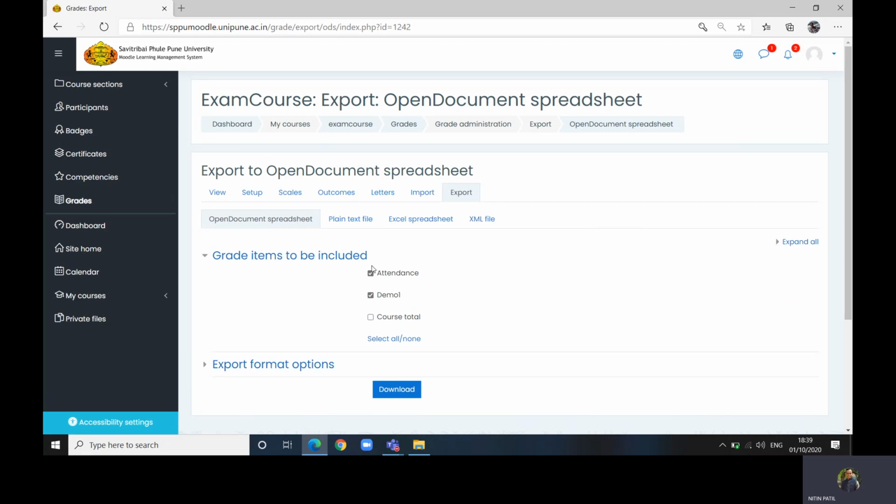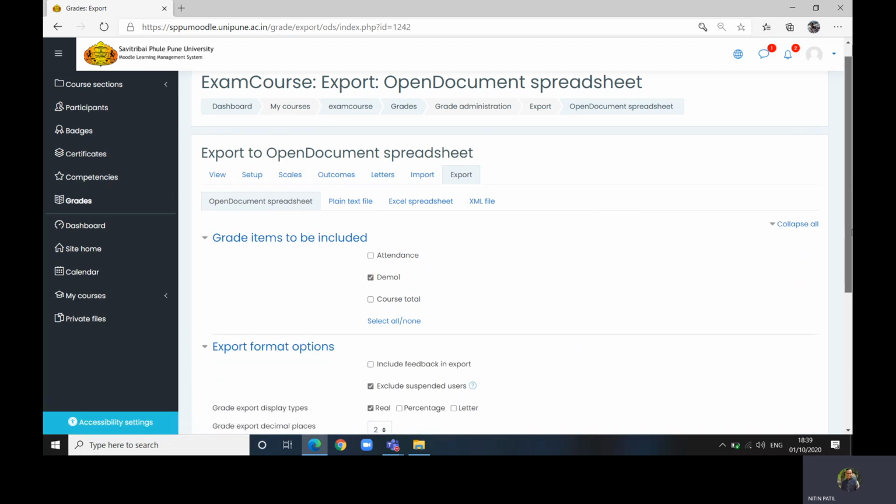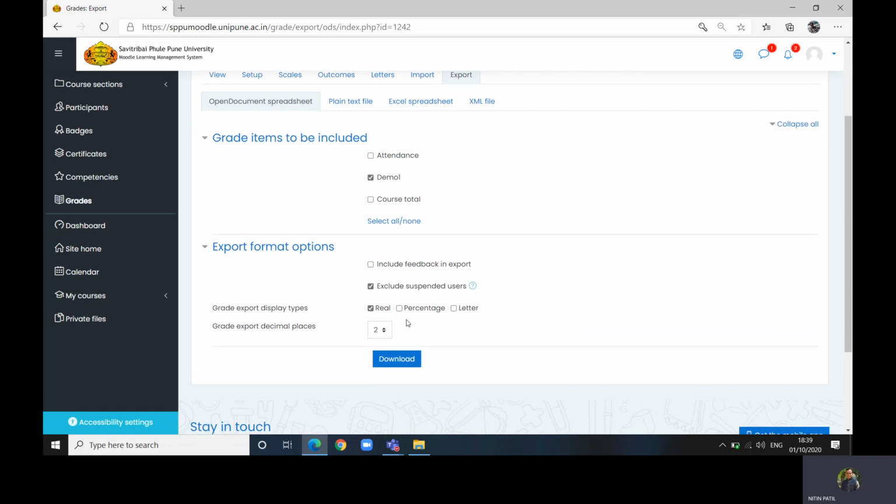You want the demo test result. Choose the export format options. You may choose whatever else you want, like real numbers, or with decimals. Then you say download. Now this test result would be downloaded for you, which would be only the final marks.